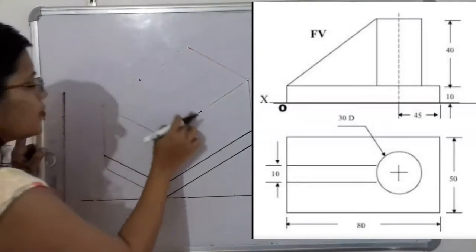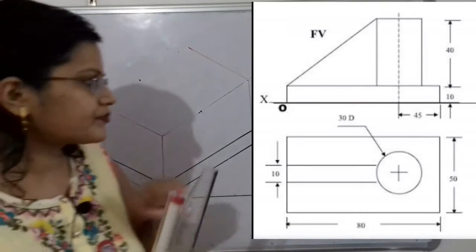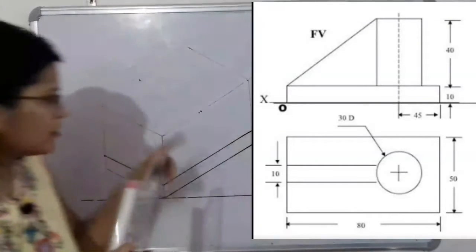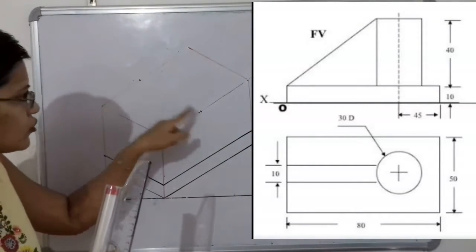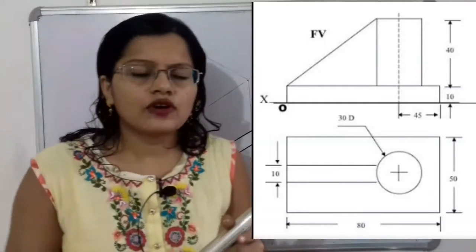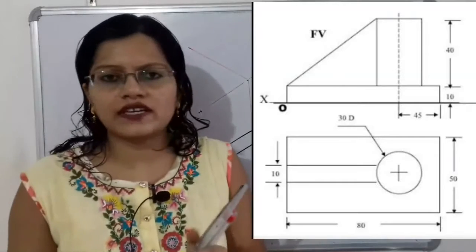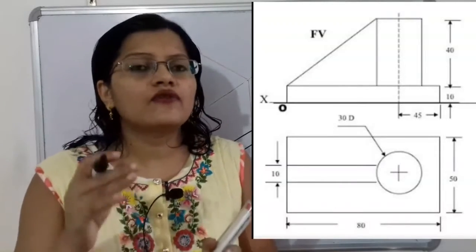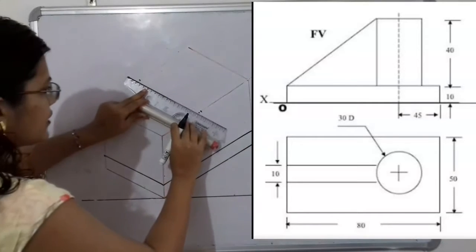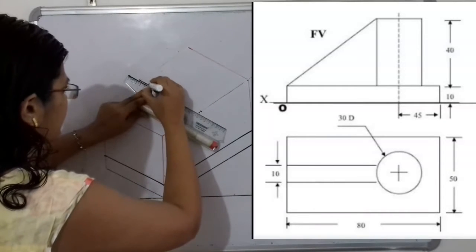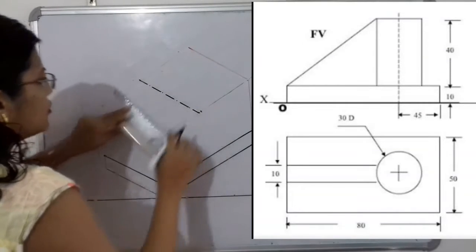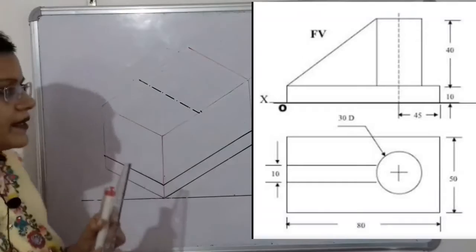So these are the 2 points that are getting selected. Now if we join these 2 points, the center will lie on this line. So this line will be passing through the center. So how do we have to draw it? We have to draw it in the form of dash and dot. So now I will join these 2 selected points in the form of dash and dot. So now this is getting completed.